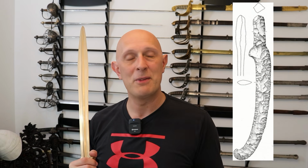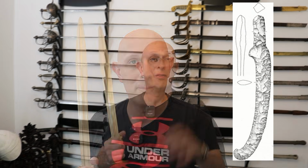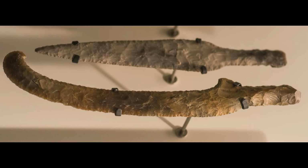So not only do we have flint daggers in imitation of bronze daggers, but we also have flint swords, and this is really pushing the envelope of what you can do with flint and how long you can make it. And we have something particularly called the Farskov scimitar, sometimes known as the Farskov scimitar or sometimes saber. Now, the Farskov scimitar, as it's often known, is incredibly fragile, and some people would argue it couldn't really be